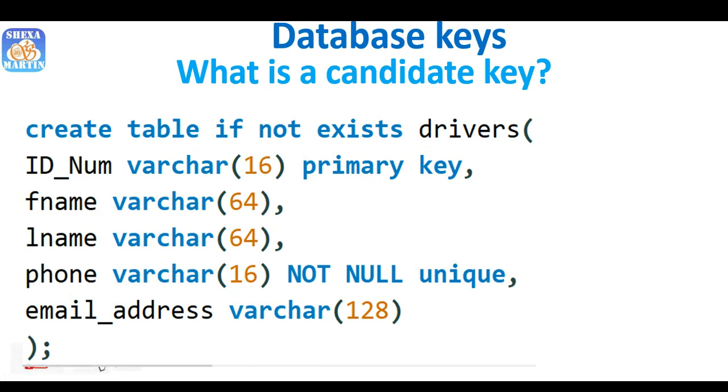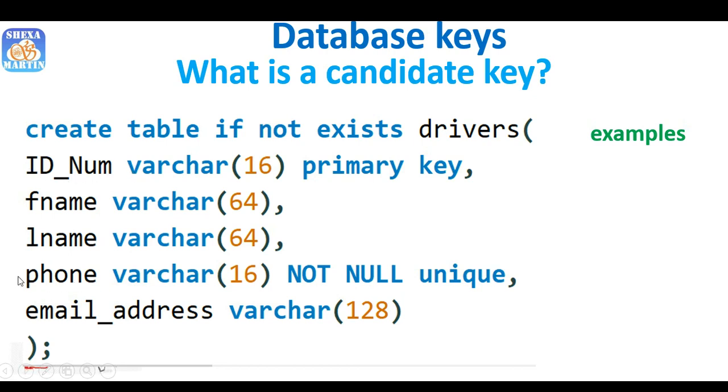Right, we are saying we have our primary key here, which is ID num, and then we have phone. So phone is unique, and ID num is selected as primary key, and any primary key column by default has unique values. So our candidate keys from this query include ID num and